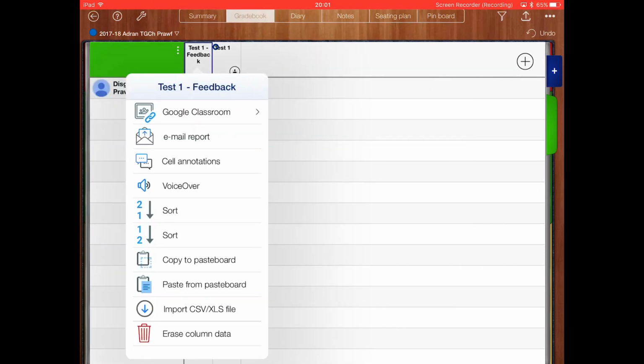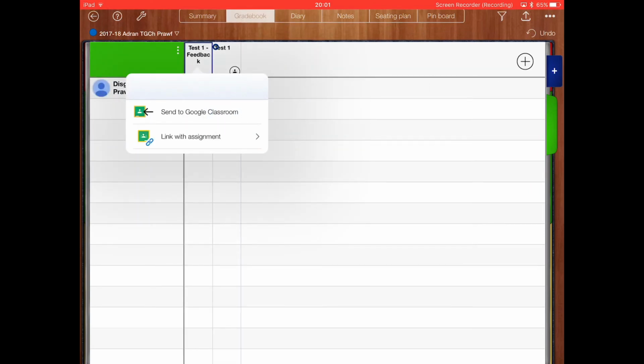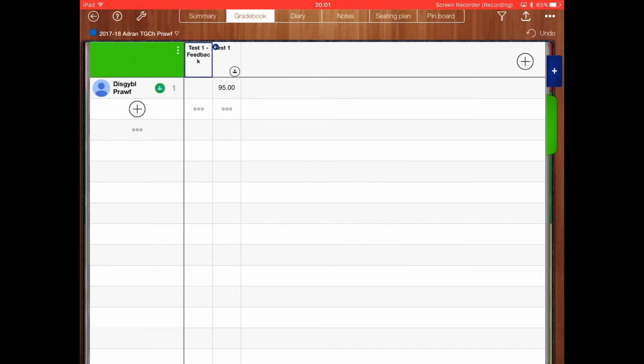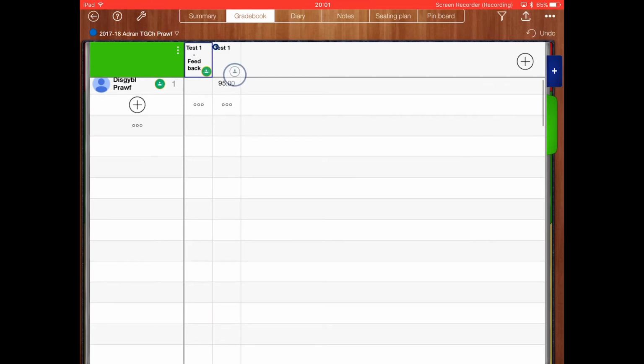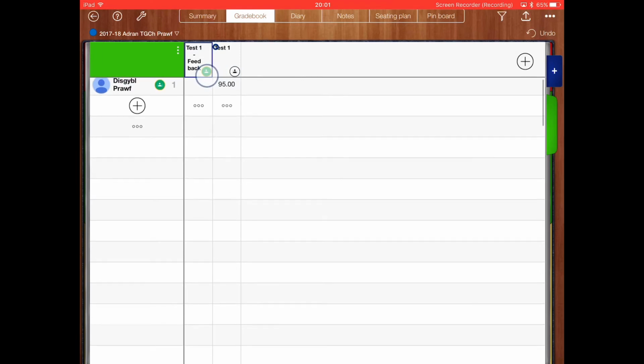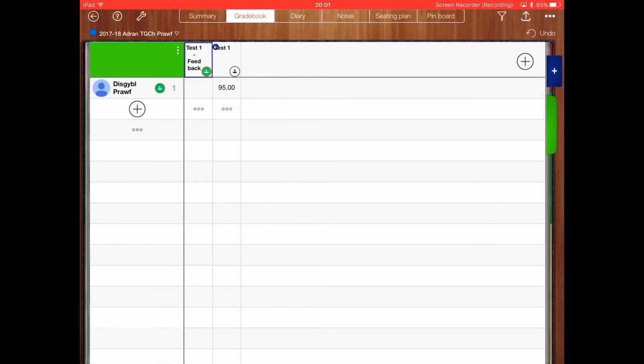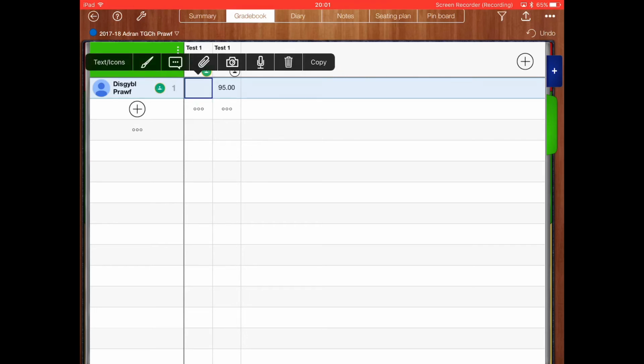And I'm just going to send that to Google Classroom. So a new assignment. This will publish a new assignment in Google Classroom called test 1 feedback. That's fine. We'll click OK. And as you can see there's the different colours, white and green. So green is the read-write, white is the read-only. So on that particular cell there for test pupil, test 1 feedback, I'm going to hold down and I'm going to click resources,